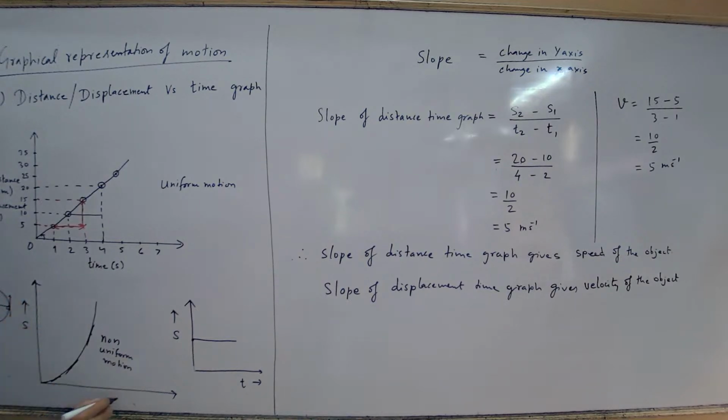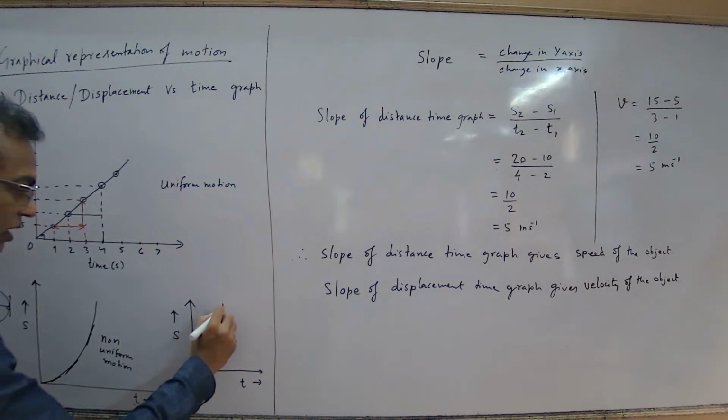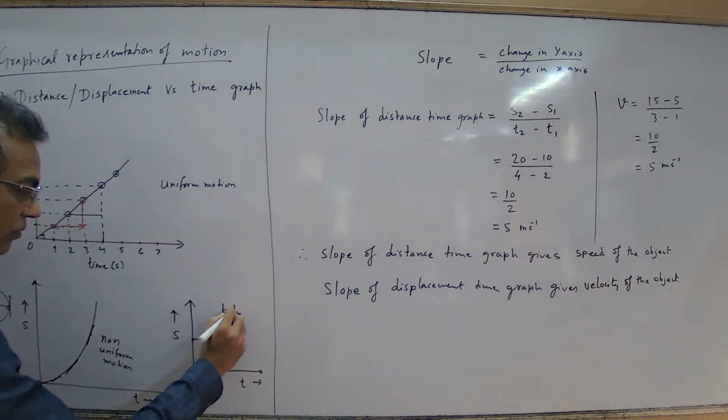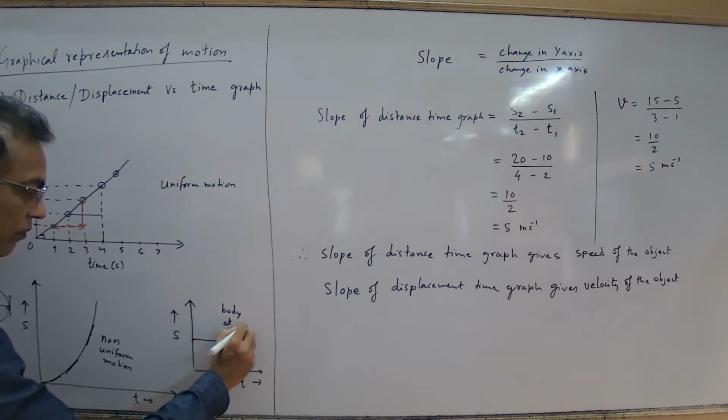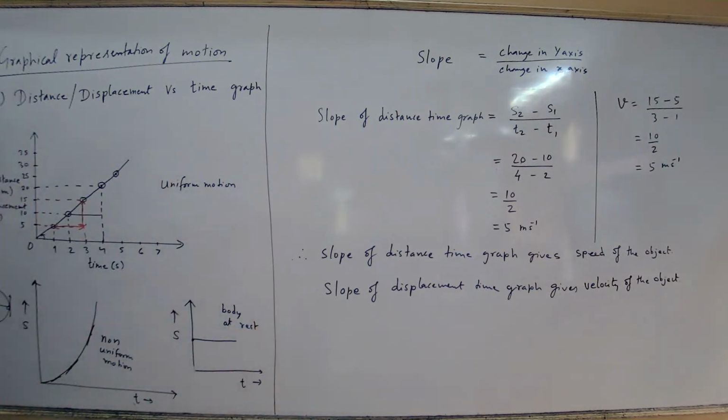S is distance or displacement, T is time. This is body at rest. Okay, so quickly write it so that